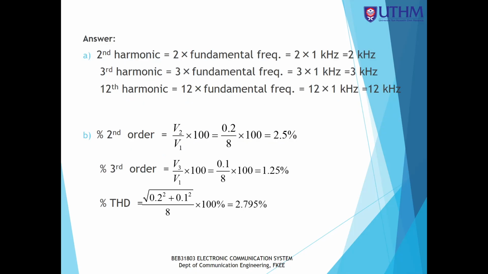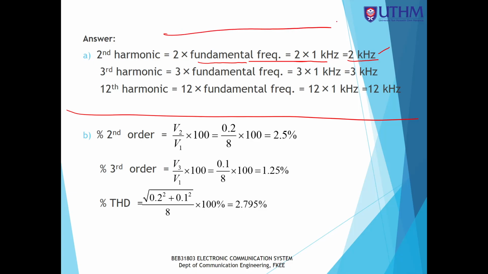For question A, the second order harmonic is located at 2 times the fundamental frequency, 2 times 1 kilohertz. So the second order harmonic is located at 2 kilohertz. Where is the location? If you draw the frequency spectrum, you have the fundamental at f1,